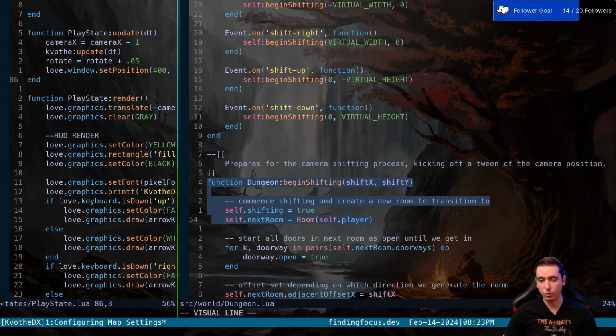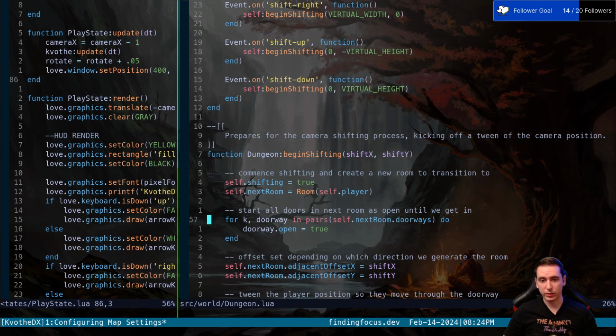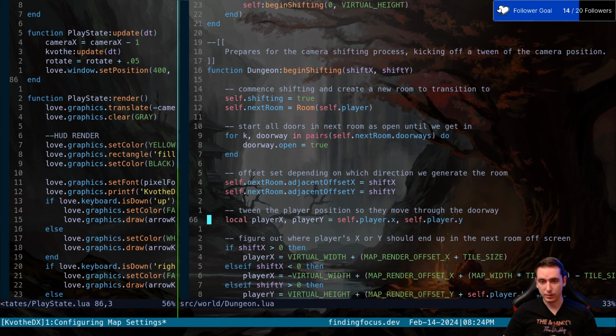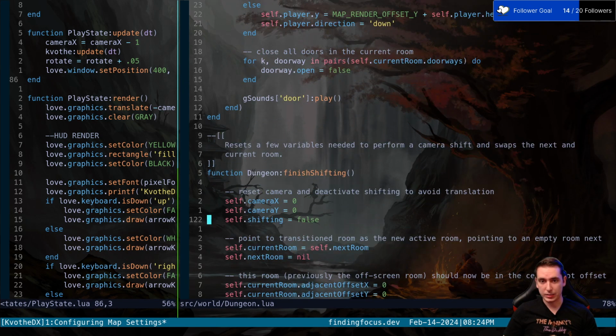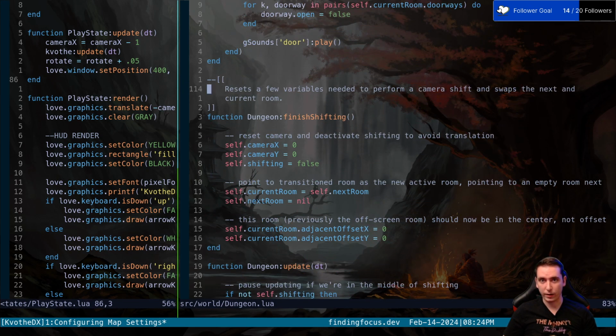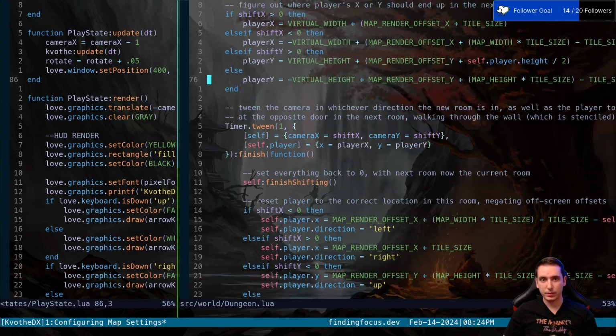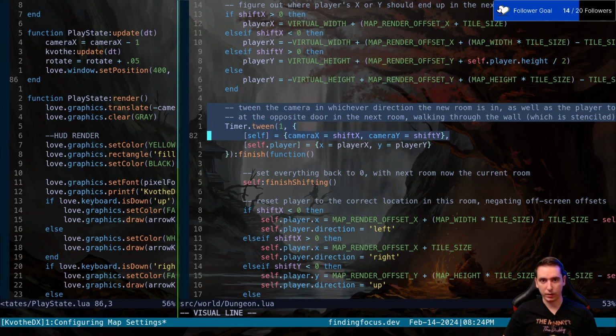It takes in 2 values, a shift X and a shift Y. So this is what they're using to translate the image off screen, right? So it's got a finish shifting function as well, but the important part is right here. They've got this timer.tween. Now, tween stands for,